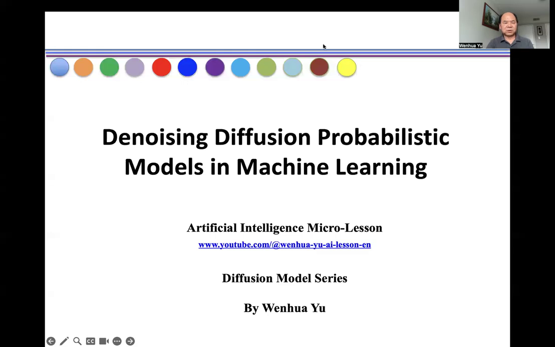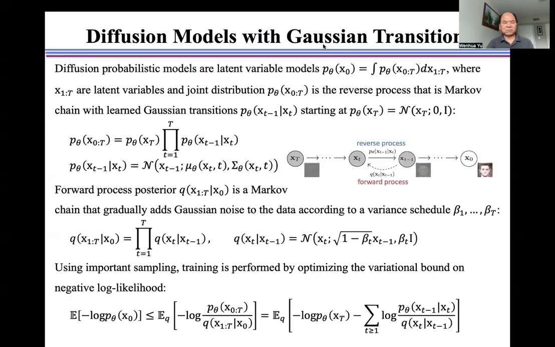In this video, I introduce denoising diffusion probabilistic models in machine learning. Diffusion probabilistic models are latent variable models p theta, where x from 1 to t are latent variables, and joint distribution p theta is a reverse process that is a Markov chain with learned Gaussian transitions p theta starting at p theta